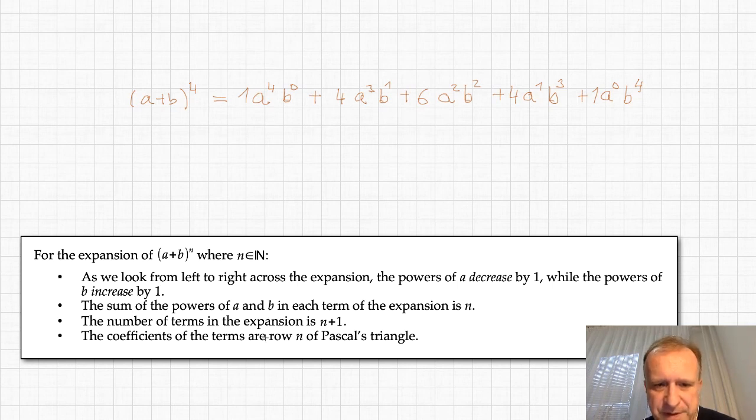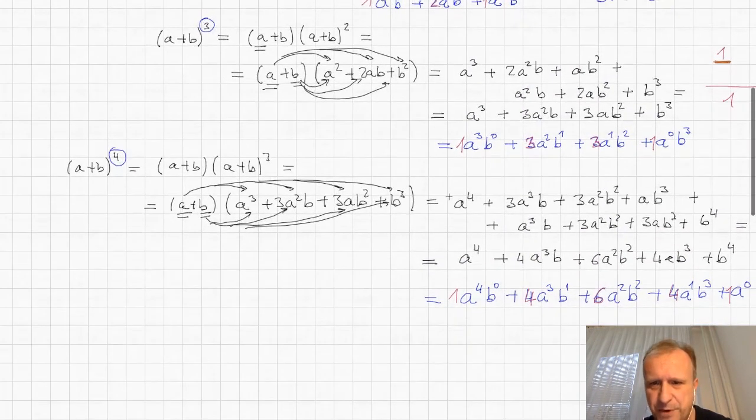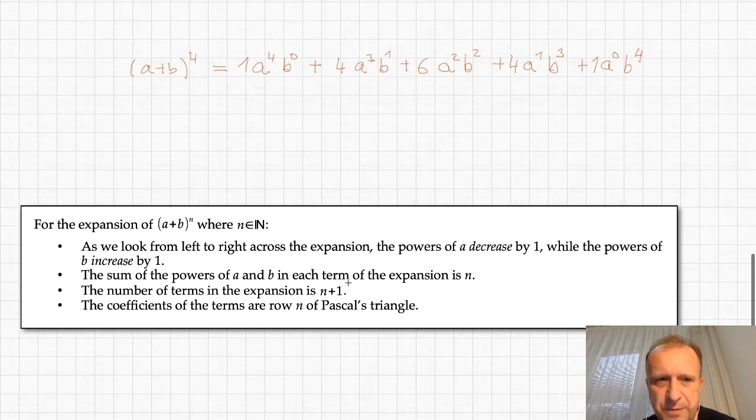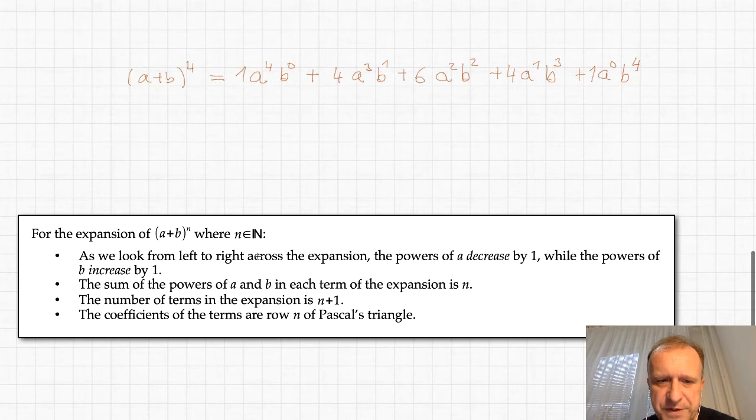So the sum of the powers of a and b in each term of the expansion is n. Then the number of terms in the expansion is n plus 1. You see, we had the power of 4, we had 5 terms. And this is a general pattern which will hold for all the others. You can imagine repeating this process, and you see that if we had the 5th power, we would get one more term. So there would be 6 terms for the 5th power, and so on. So the number of terms is always n plus 1,